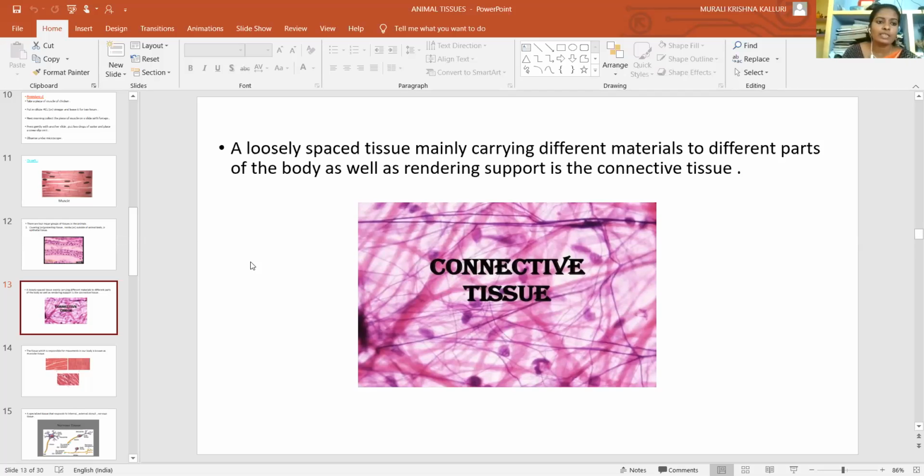It is a loosely spaced tissue, packed with loose cells. It is mainly carrying different materials to different parts of the body, as well as rendering